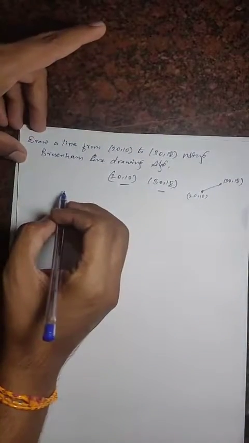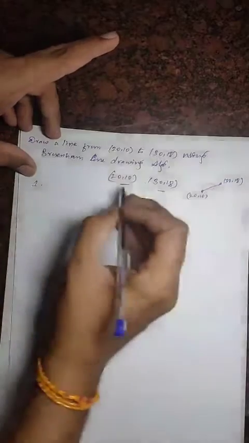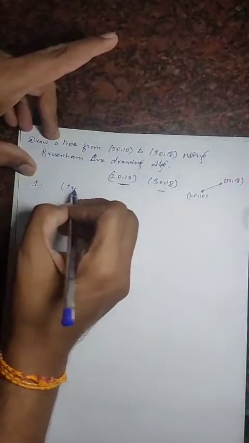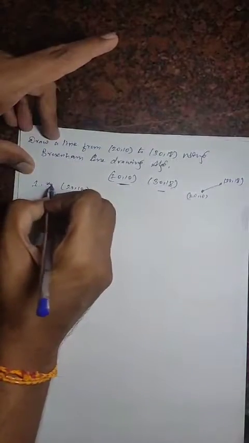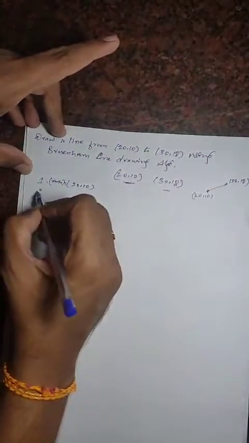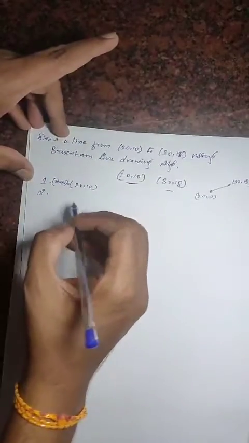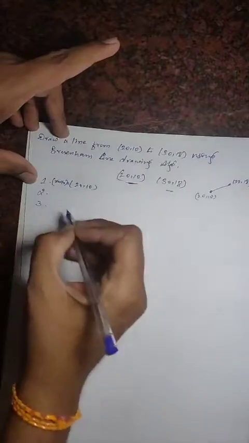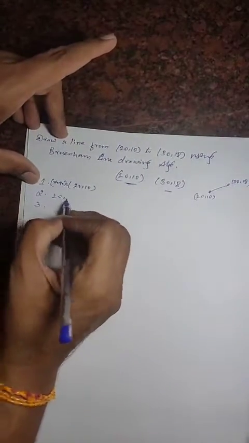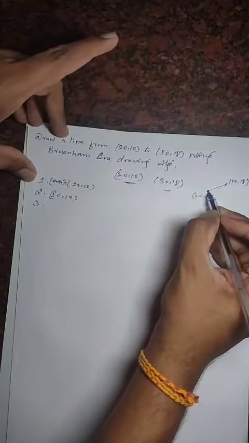So we have already seen the steps. What is the first step? We need to store the starting point 20, 10 in x0, y0, and we are going to plot the pixel, that is 20, 10. Then what is the third step? We are going to calculate the constants. What are the constants we are about to calculate here? I am going to plot here. 20, 10 has been plotted, that is the starting point of the line.